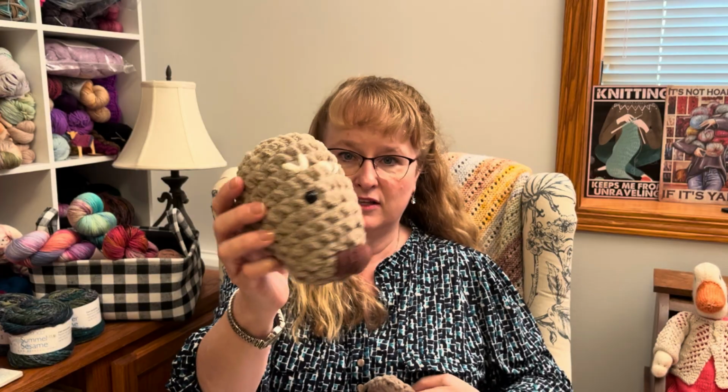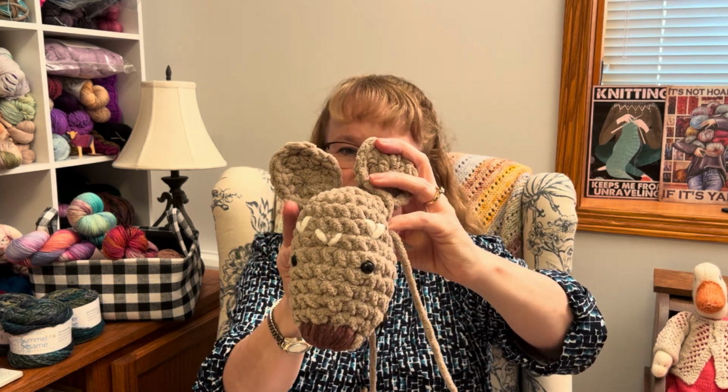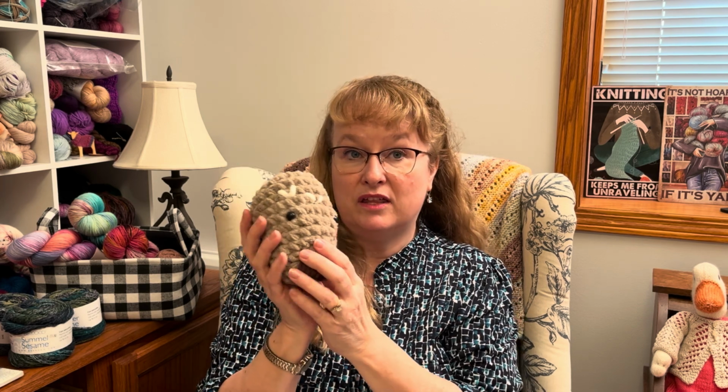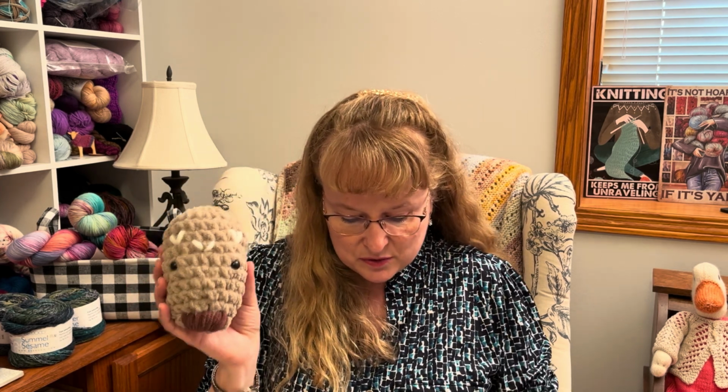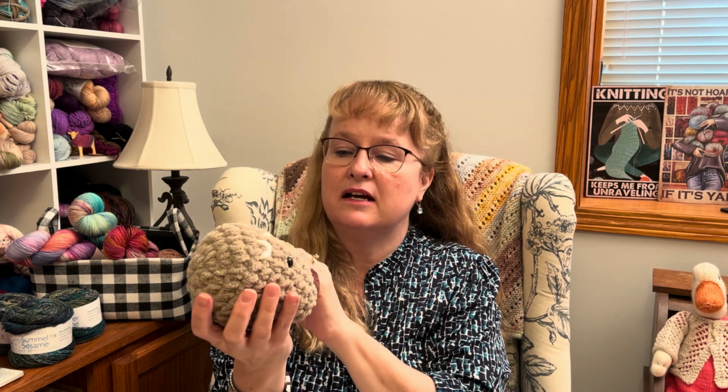So I have a little reindeer head, which maybe looks a little crazy right now. And I do have the ears. Probably a little hard to show, but I need to do antlers too. This is made with very chunky yarn, so I'm using Bernat Baby Blanket. This is the sand colorway, and this is vanilla. I could not find a brown or a dark brown in this line, so this brown for this nose is,